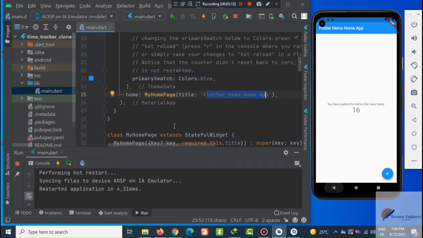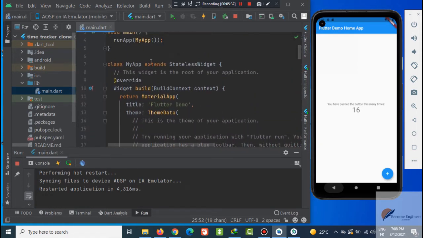As promised, I will explain a little the stateless and stateful widgets. I have already said that we can define our own widgets. In this app we have an example for stateful and stateless widgets.